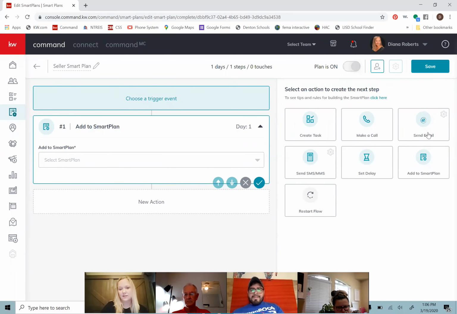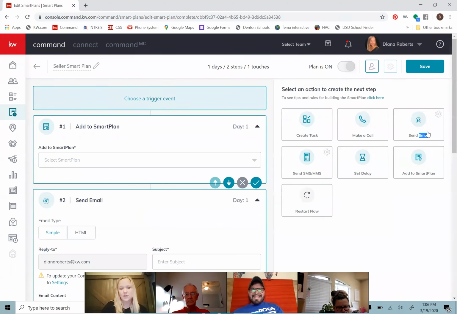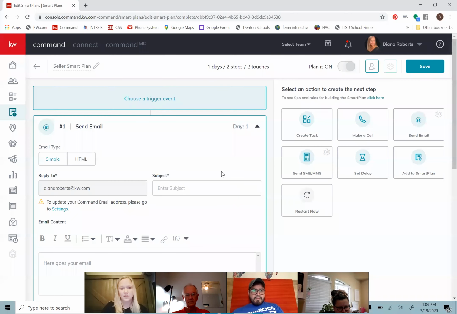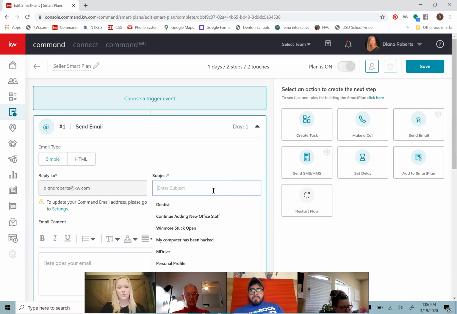We can have it set up to send an email. All I'm doing is double clicking. It wasn't letting me actually pull it over here. Let's say that the first thing I want it to do is send an email. Okay, we can do subject line,